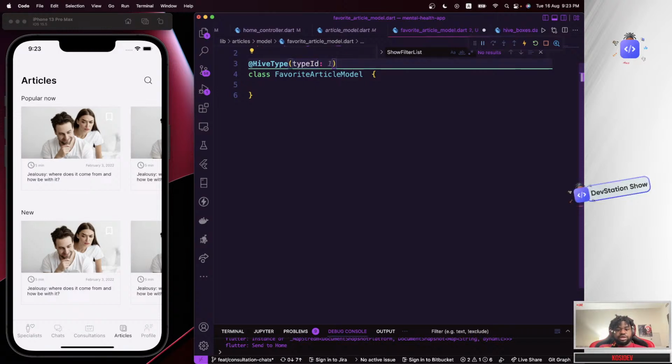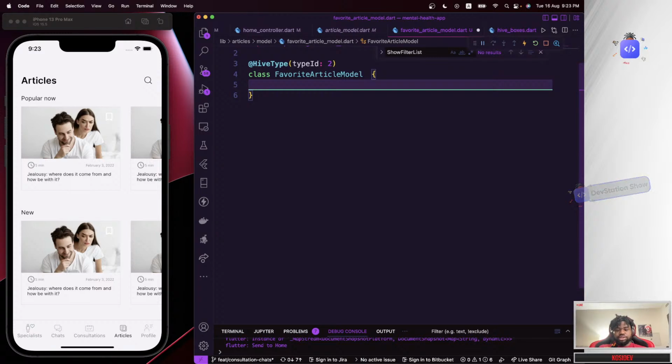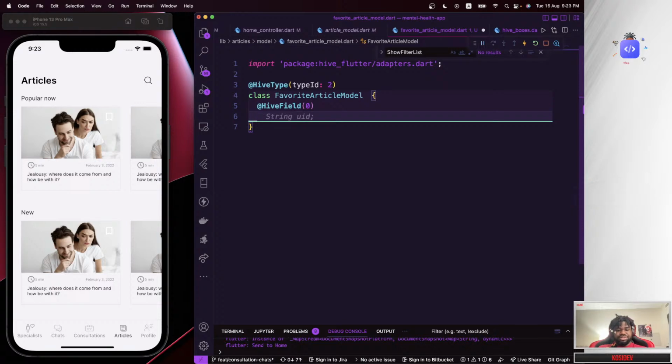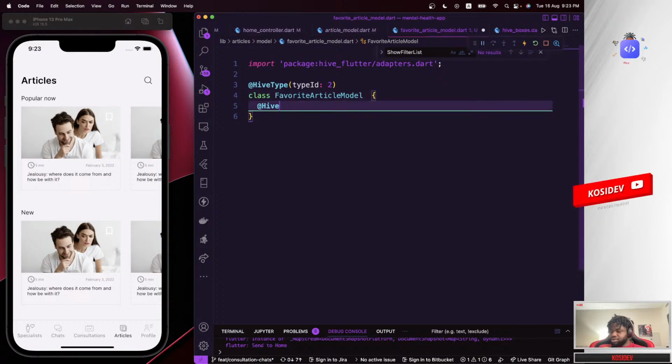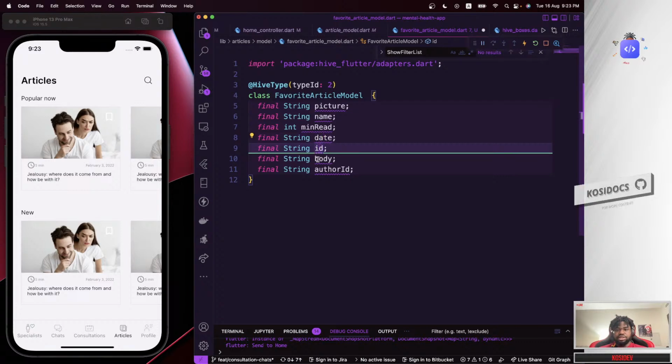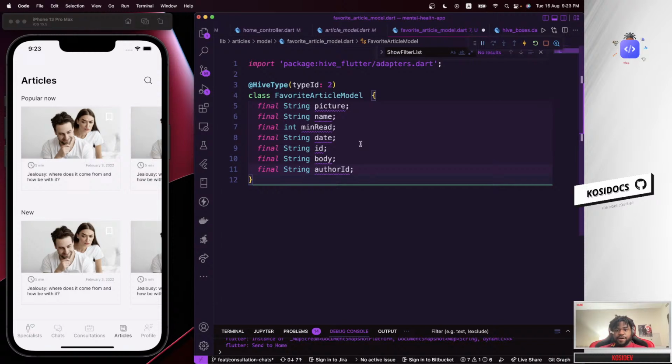So at Hive type, the type should be 2, and in there we're going to be creating fields, at Hive field in here. It's already imported this, so I should say at Hive field 0. Basically, before we do that, I could just list out how the post stuff should look like. So you should have a picture, name, minimum read dates, ID, body, and author ID. Okay, and